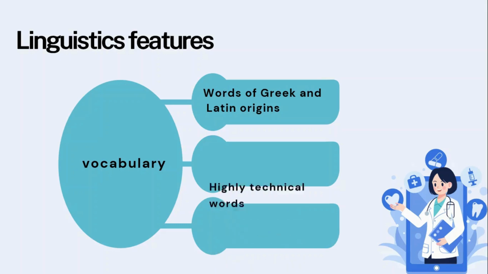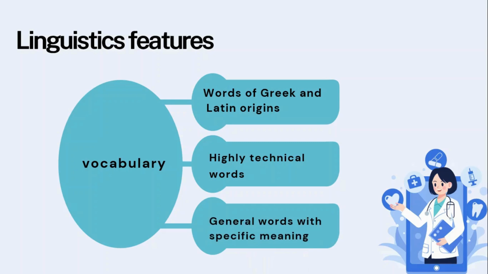Highly technical words: medical English relies a lot on discipline-specific words, which are crucial for clear communication within the medical community. General words with specific meanings: these are common words, for example, bandage, but they take more precise meanings in the medical context, allowing healthcare professionals to convey specific instructions. In terms of grammar now,